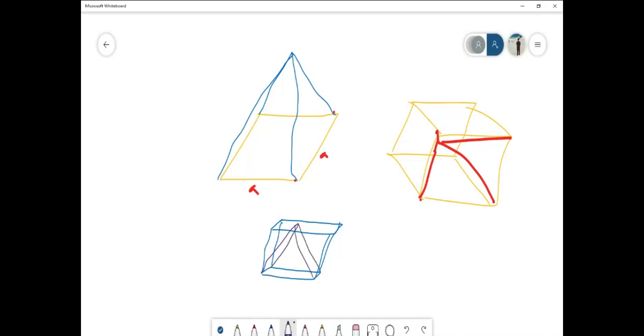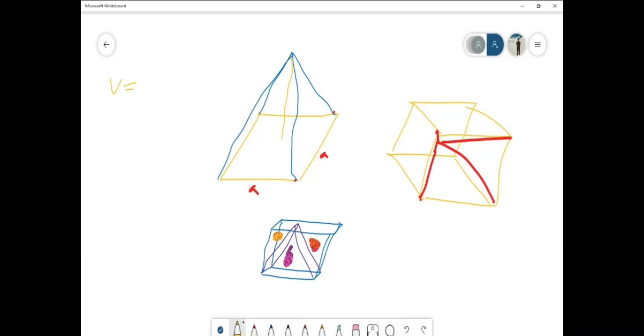It will be something like this. When I cut this, I have one pyramid here, one pyramid here, one pyramid here, and one pyramid here. So when I have to find the volume of this pyramid, the volume will be equal to